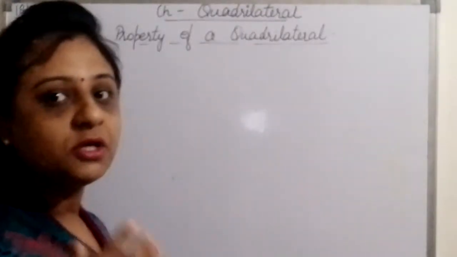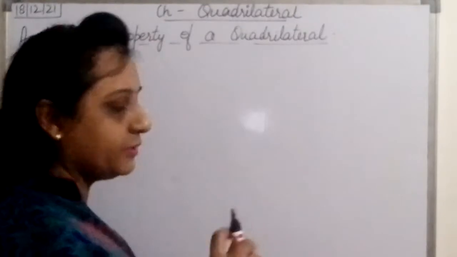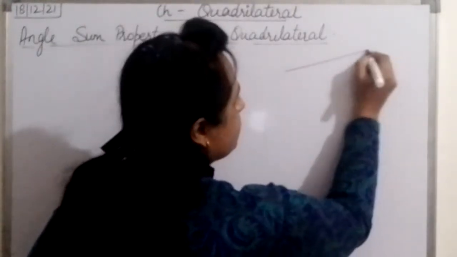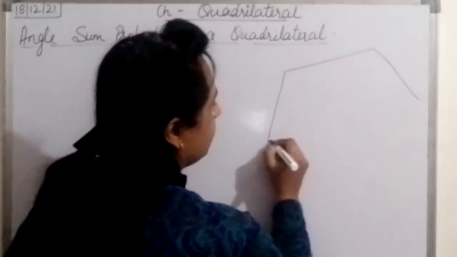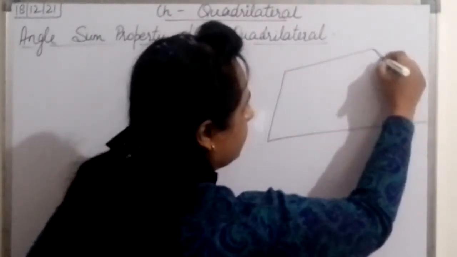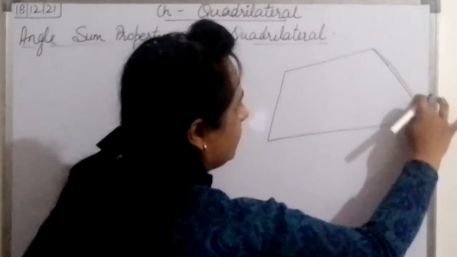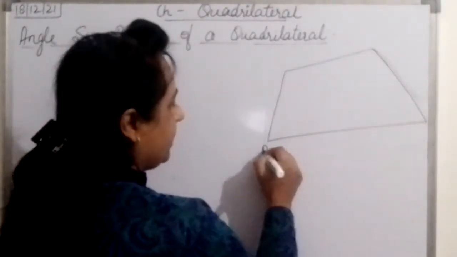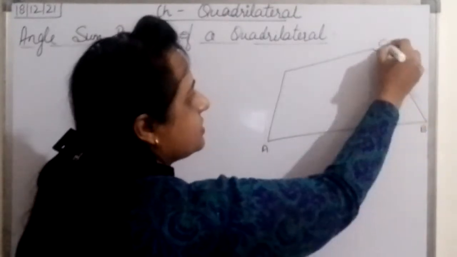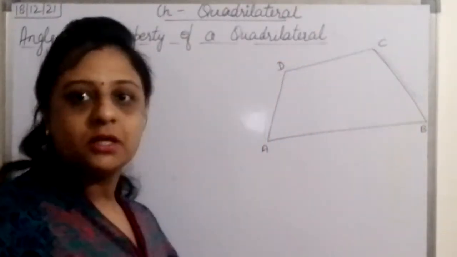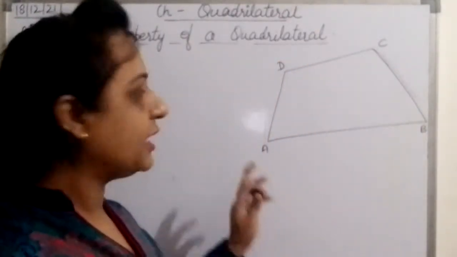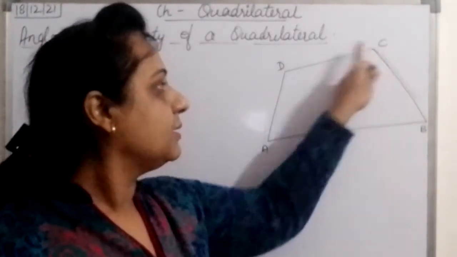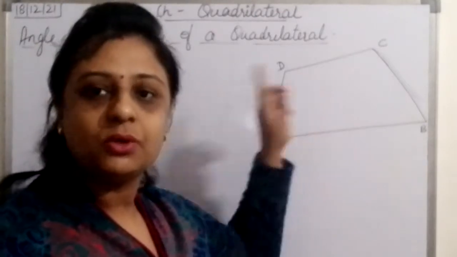First of all, we will make the figure for it. We will make one quadrilateral of any shape like this. This is a quadrilateral ABCD. Now, what do we have to prove? We have to prove that angle A plus angle B plus angle C plus angle D is equal to 360